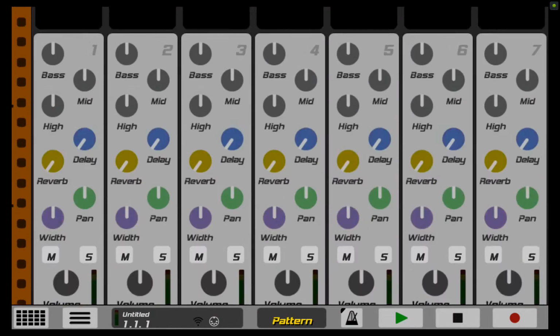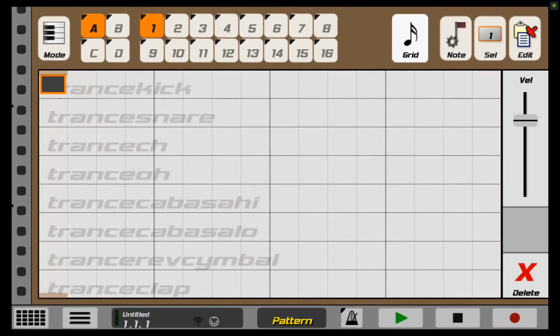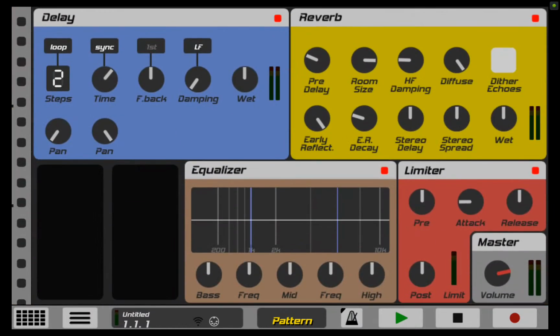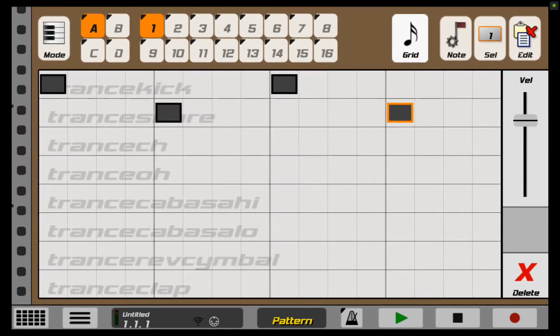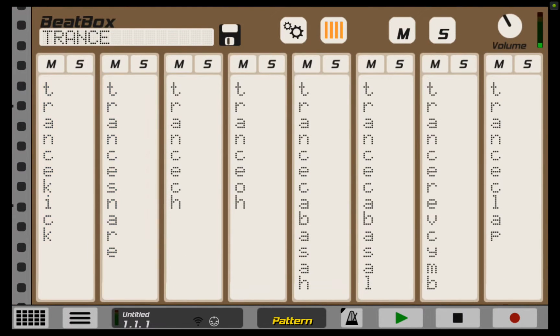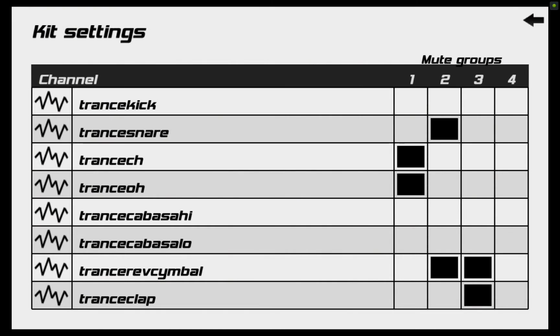So let's just randomly make a mix with it. Turn down the master volume since it's not on the quiet one anymore. Okay, so we can